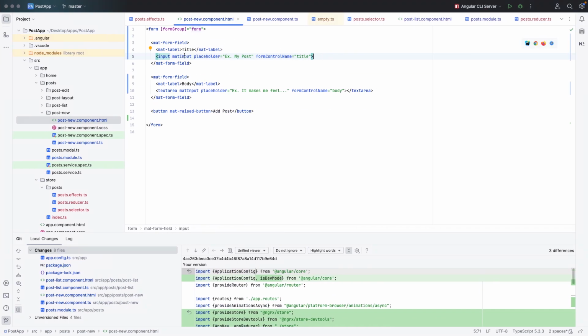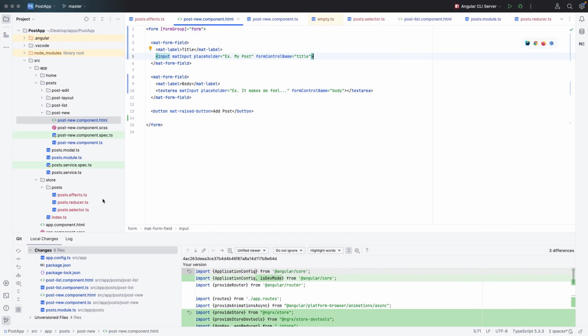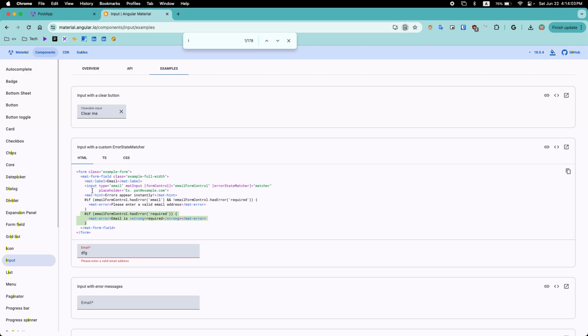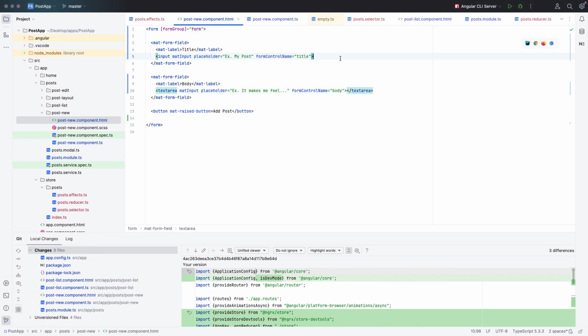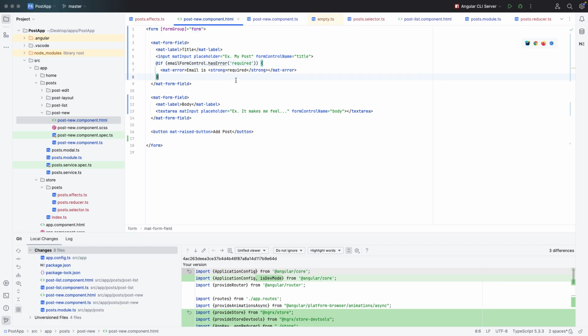Now for us, we are using a reactive form where they are using form control, so it can be different, but it should be easy for us. So what we're gonna do is just call the error message directly, and that should do the work. So let's do it here. And remember, this form field and the input are together. So here we're gonna say the form dot get, for us it will be title,